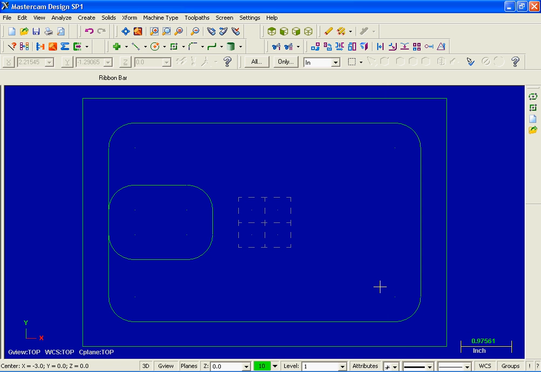So there's the rectangle. Now what we need to do is some deleting, followed by trimming. For the deletion of some of these entities, I'm going to move up to the top of the screen and hit the icon for delete entities. Now when prompted, select entities. I'm going to select this arc,